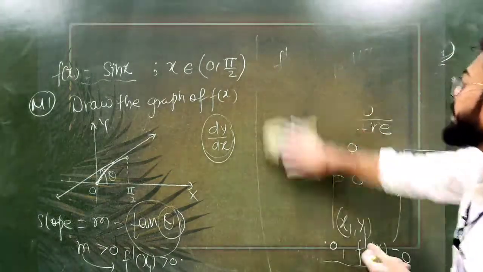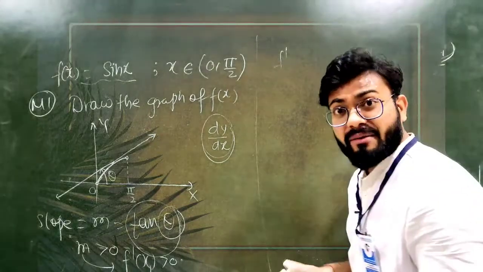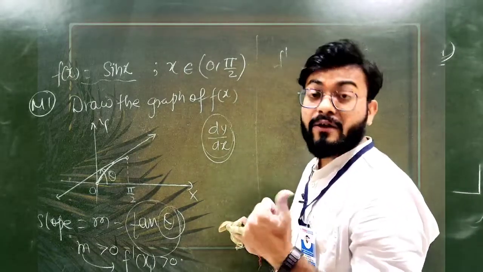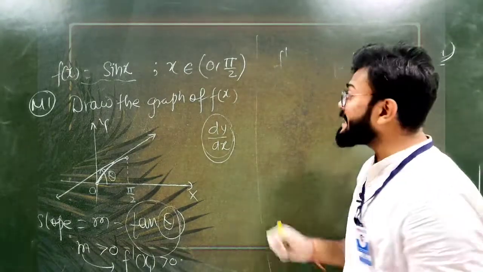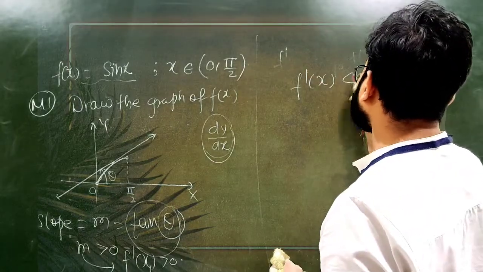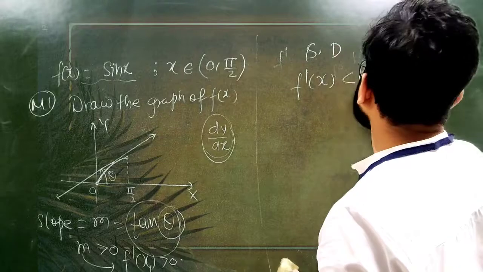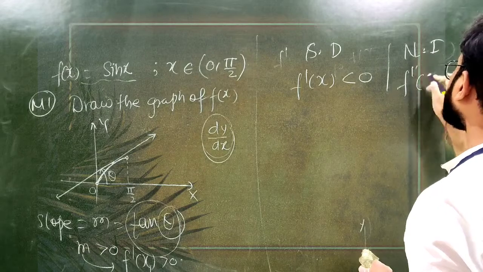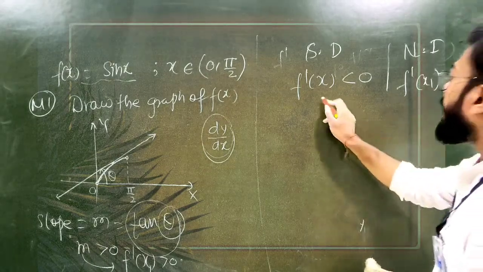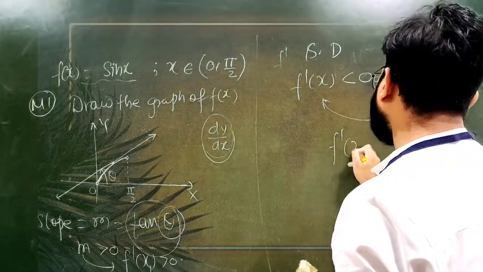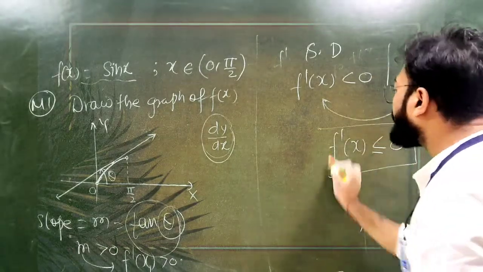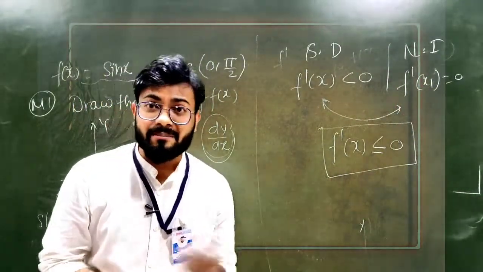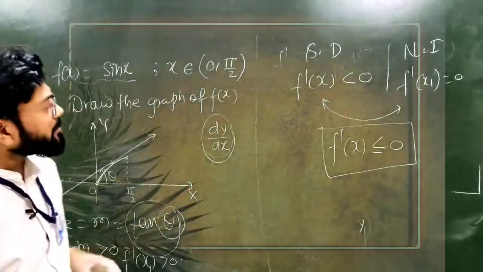See, if I talk about decreasing function, there will again be two subtopics. The first one is strictly decreasing and another one is non-increasing function. For a strictly decreasing function, it will be f dash x less than 0. This is strictly decreasing. And for a non-increasing function, this will be f dash x1 equal to 0. After combining this, you can say that f dash x will be less than or equal to 0 for an overall decreasing function. Right? So let's start with some questions. Write down: if a polynomial is written as